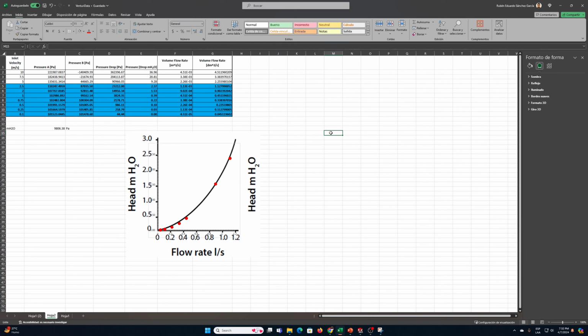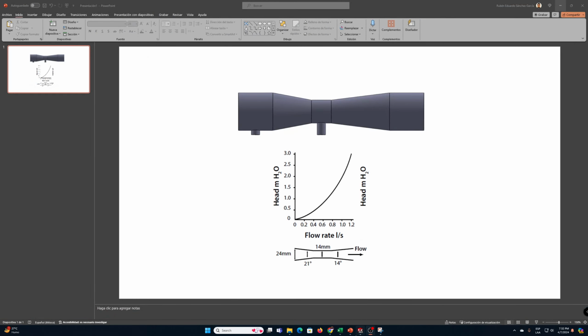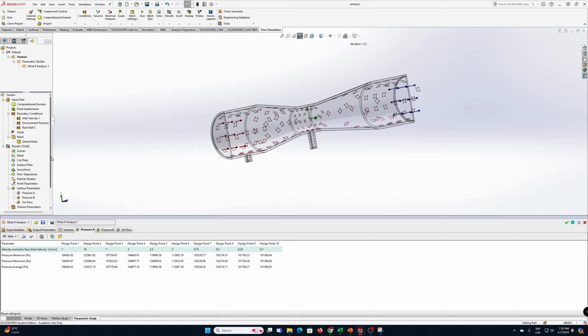So after you complete that, you can verify that the values of the data that you get from SolidWorks are almost the same as the calibration curve given by the manufacturer of the device. So you can conclude that the SolidWorks flow simulation will help to compare and corroborate the information from the simulation, for example, in this case, with experimental data or a calibration curve given by the manufacturer. And finally, if you want to do something more in the simulation,